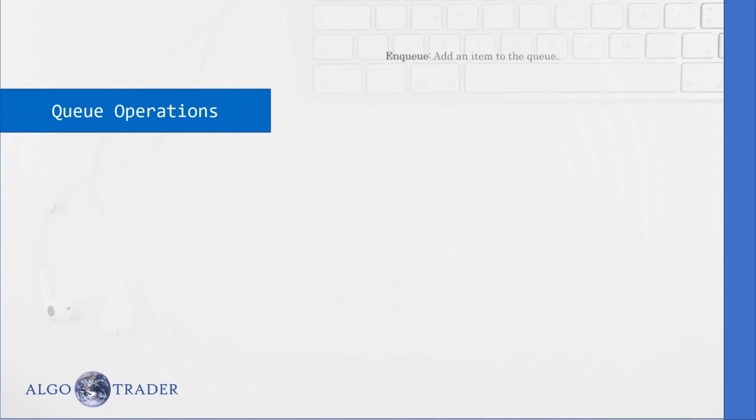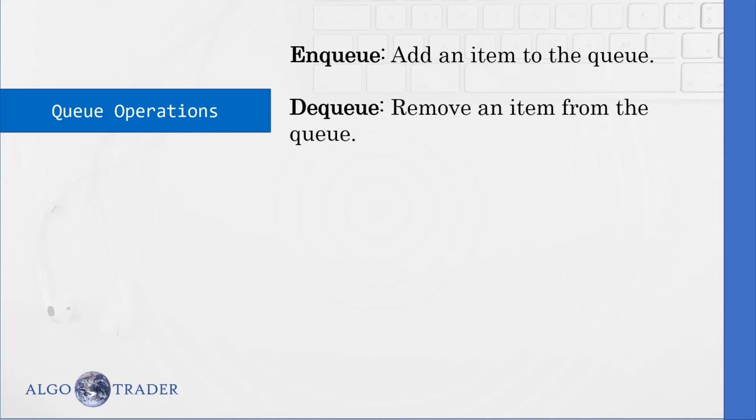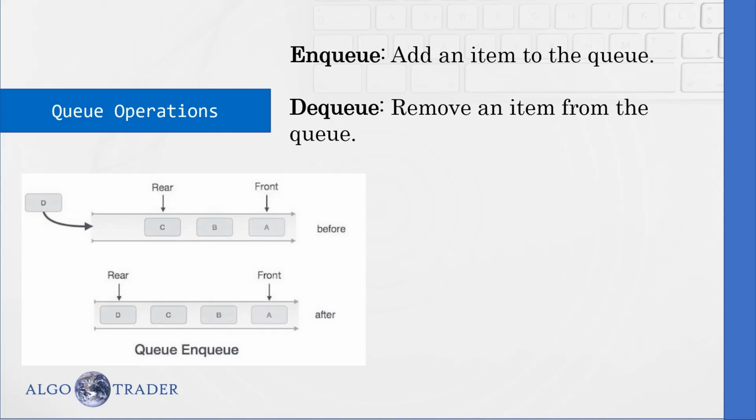What are the operations of queue? Enqueue, adding an element to the queue, and dequeue, removing an item from the queue. That's it. Now how does the enqueue operation look? If you see this picture, a queue has two pointers, unlike stack. Stack has only one pointer, that is top. But in case of queue, you have two pointers, front and rear. When you add an element to the queue, you add it at the rear, and when you remove an element, that is dequeue, you dequeue from the front,